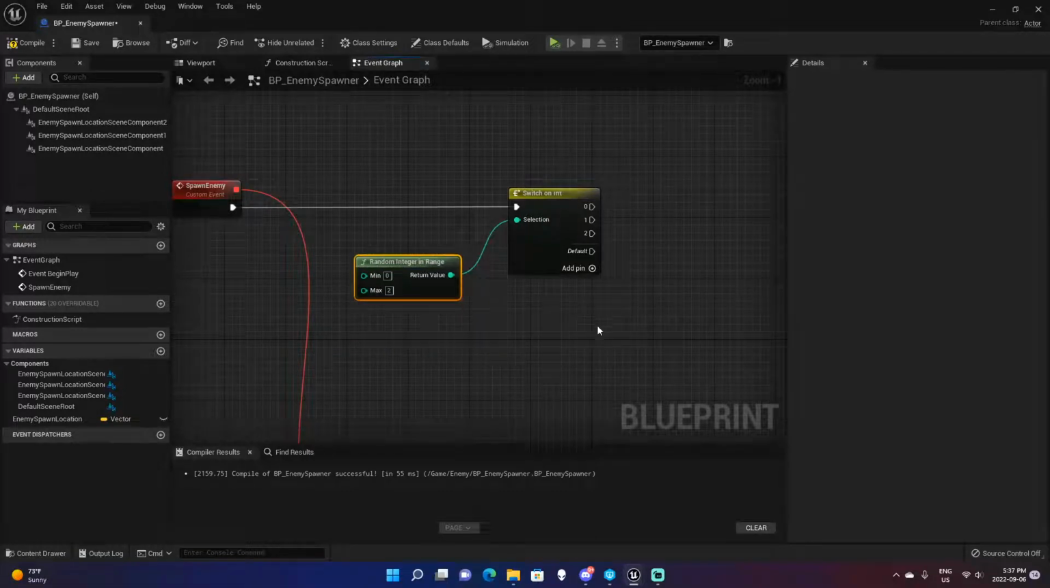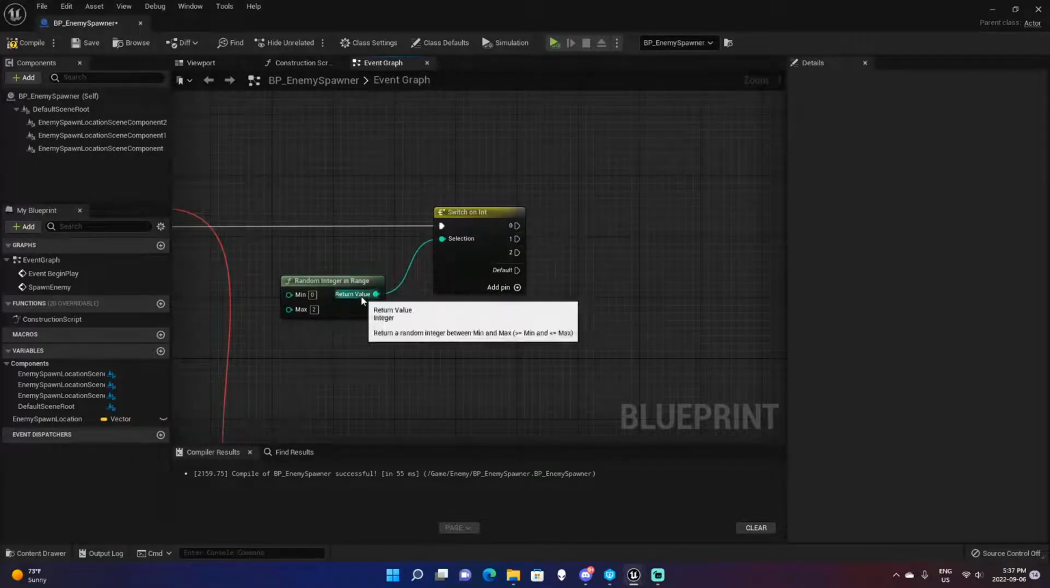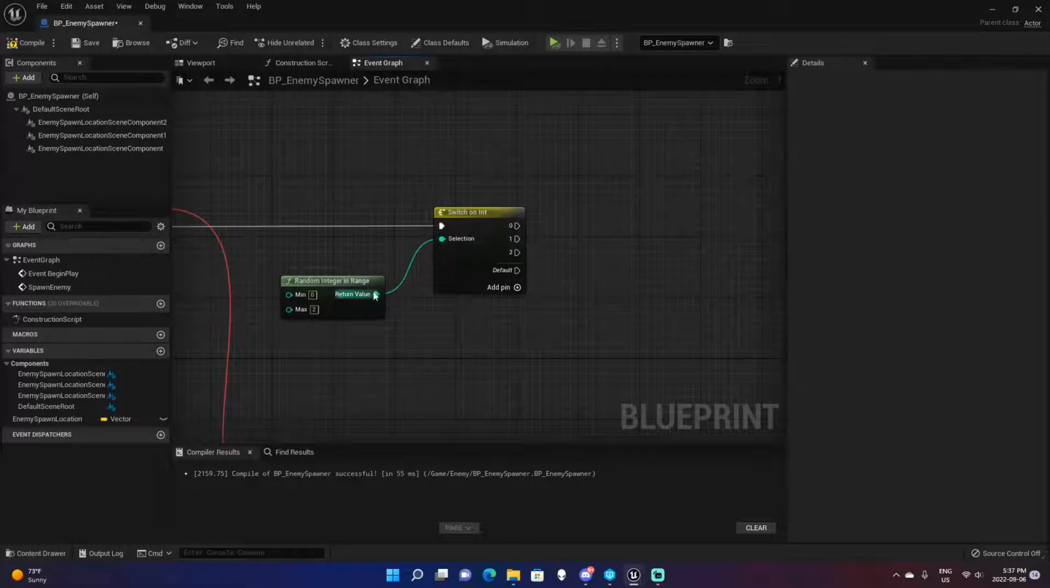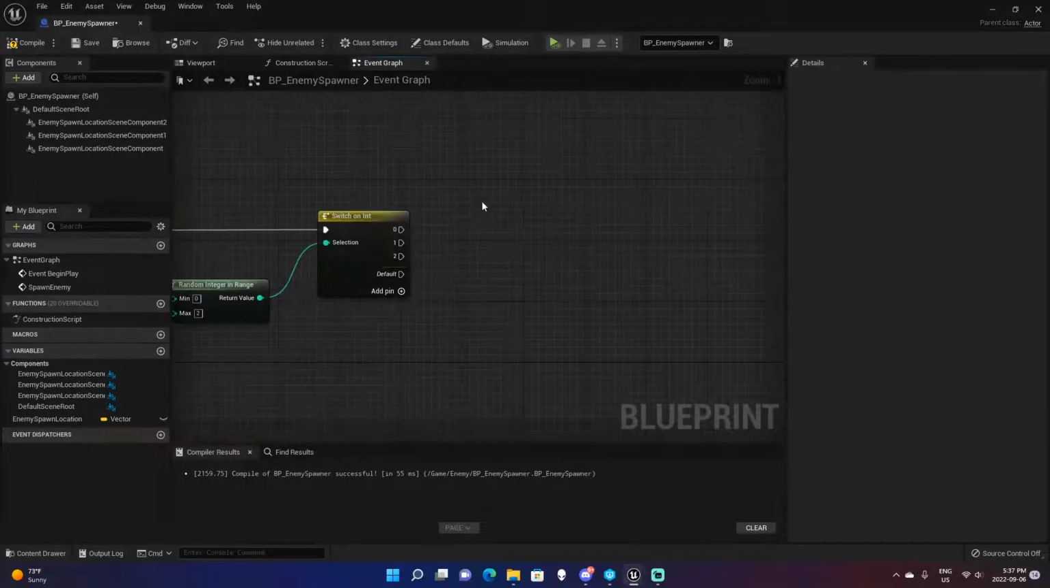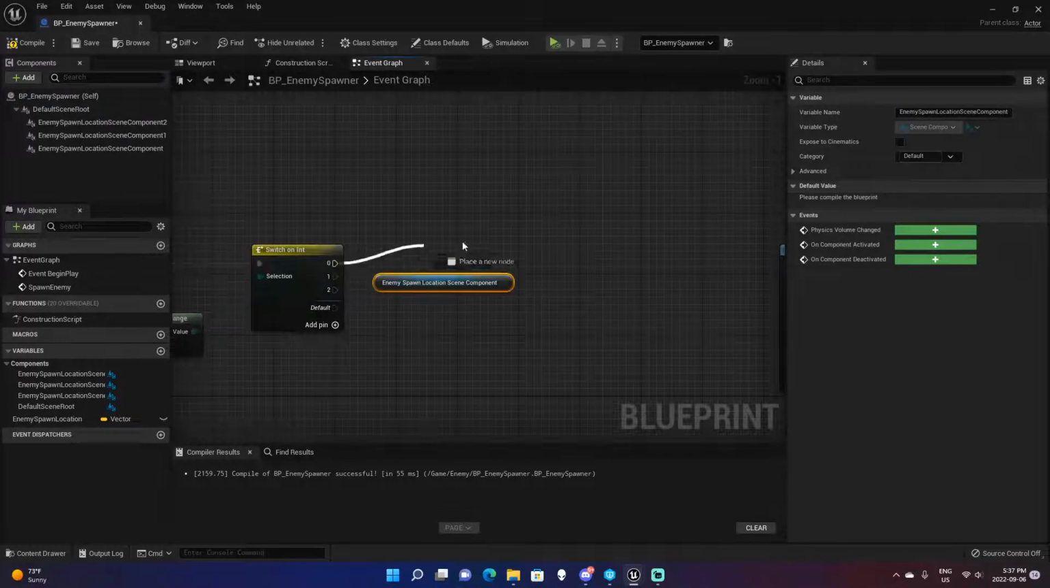So you can now see it has a 0, a 1, and a 2. This is basically saying what we want to happen if this value is 0, what we want to happen if this value is 1, and what we want to happen if this value is 2. So let's start with 0. We'll say if it's 0,